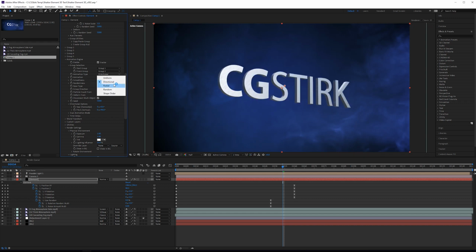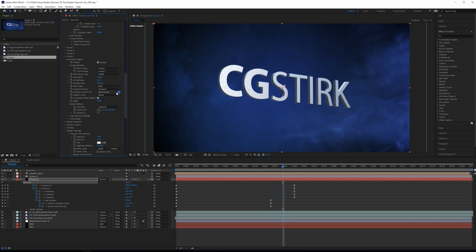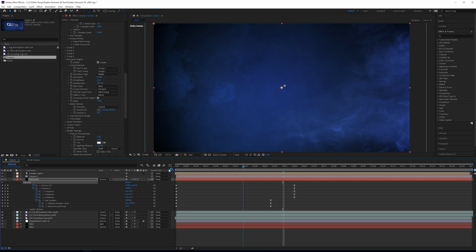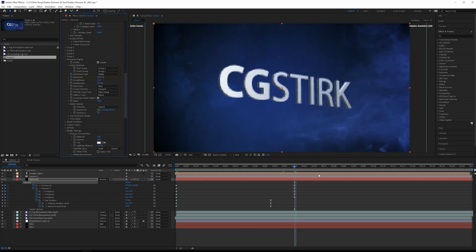So what I'd like to do is actually leave this on radial. Radial is pretty nice. Gives me a cool from-the-edges look. If I want this to be from the edges, I'll change that to inwards. And actually, I want this to go from group 2, where it's nothing, to group 1. And then I'll go back up to the first frame here, keyframe the animation at 0, and at frame 60, put that at 100%.